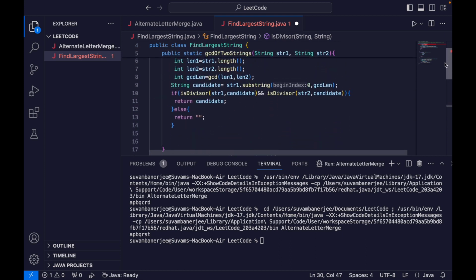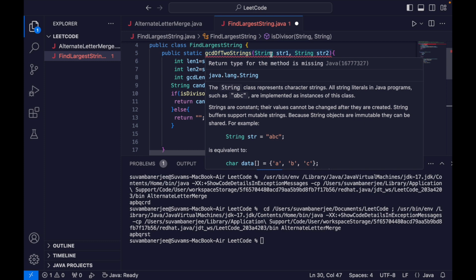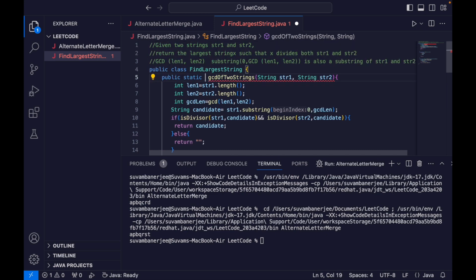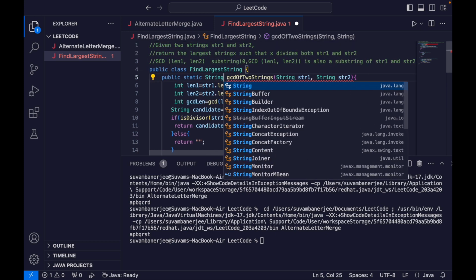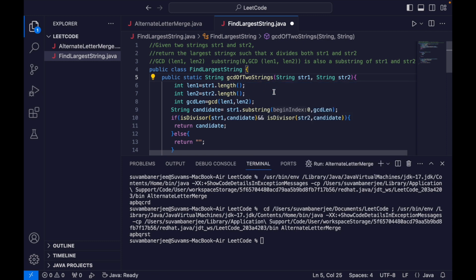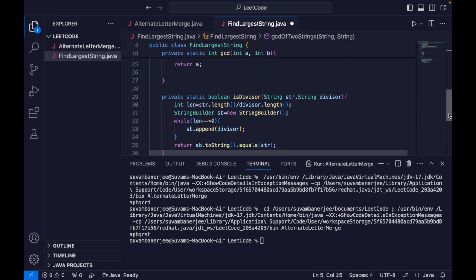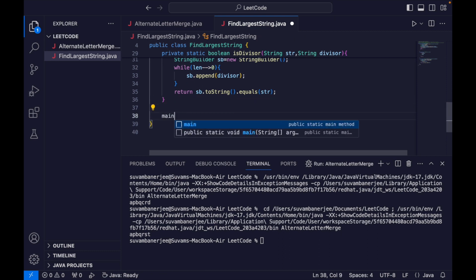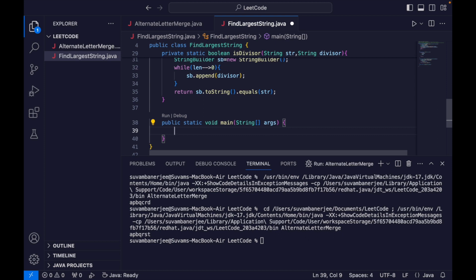Okay, so isDivisor is done. Now the return type of the method is missing, so this should be static String, obviously, right? So this is the overall logic, and here let me create one main method, and then inside the main method,